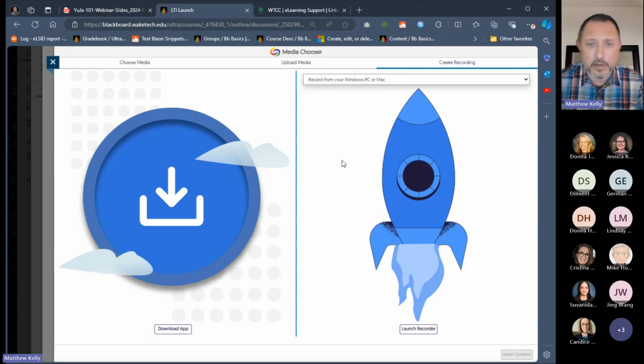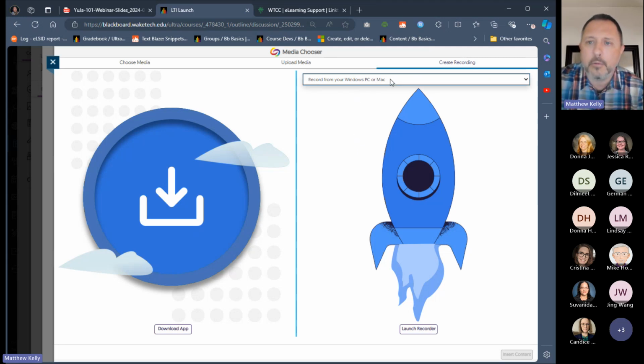The browser recorder and the downloadable software application are relatively close. There's really not a whole lot more that you can do with that downloadable software. And the nice thing about the browser recorder is there are just fewer steps. Instead of downloading software and potentially troubleshooting downloaded software on the user's machine, it all kind of is standardized going through the browser. So, you can try both, see what works better for you. But like I said, I typically recommend, at the very least, to get started with, just use the browser recorder.